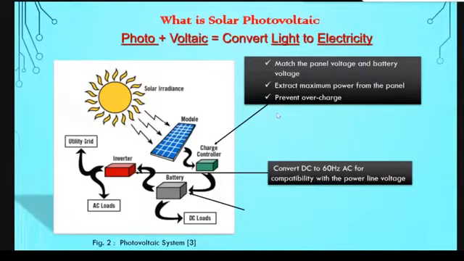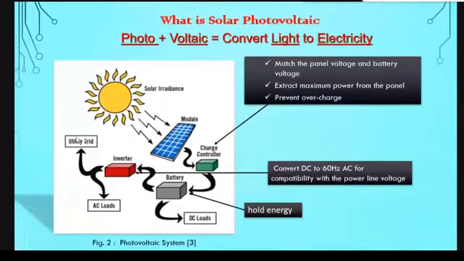In addition to this, there is an inverter also for the conversion of DC to AC. The frequency may be 50 Hz or 60 Hz, depending upon the load which is connected to the system. The main thing is that the inverter is just a converter. It will convert the DC voltage into AC voltage, so that you can operate AC load and you can connect to the grid also. These are the fundamental concepts of the photovoltaic system.